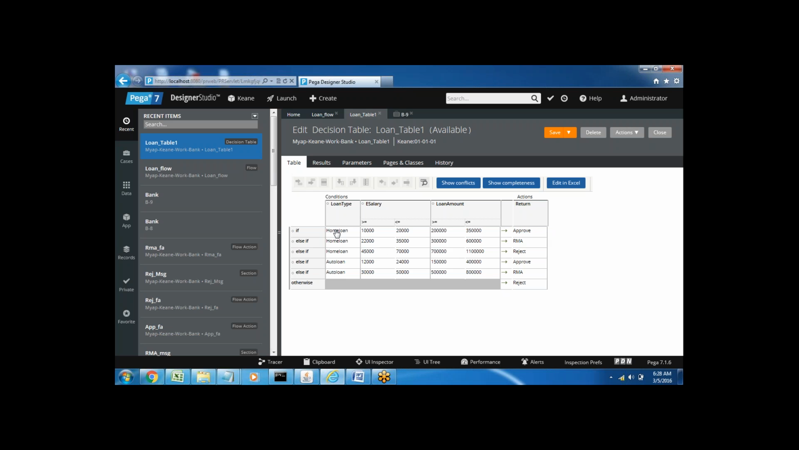For example, if the first condition itself is true, then it will not execute the second condition. Okay, if the first condition itself is satisfied, it will not execute the remaining conditions. It will stop executing there, return the result and stop the execution. And if none of the conditions are satisfied, then whatever result we have in the otherwise, it will execute that one. Suppose I give any